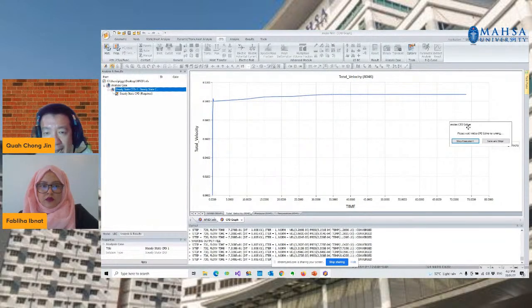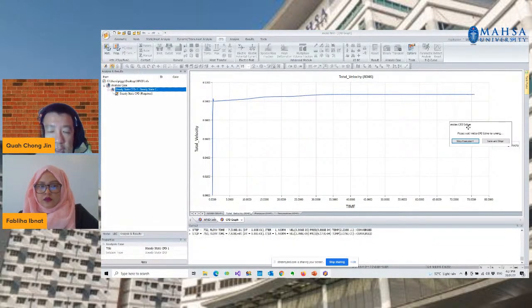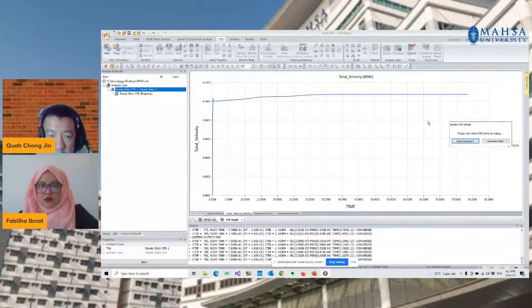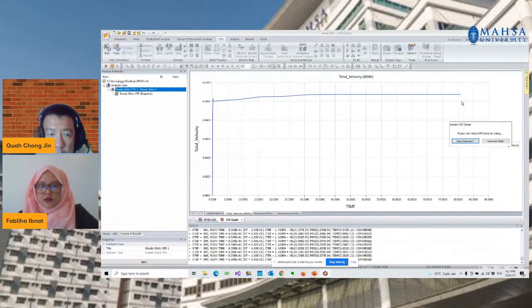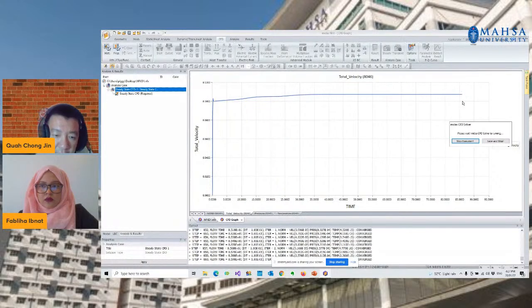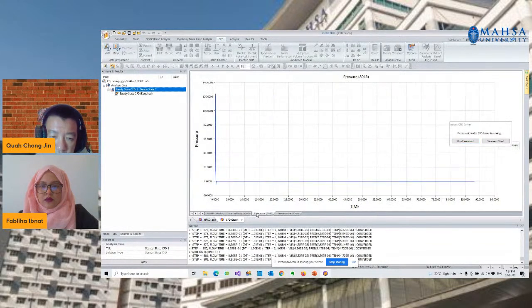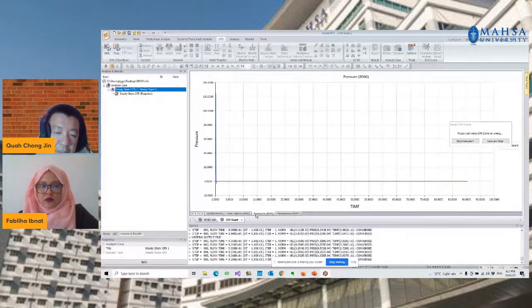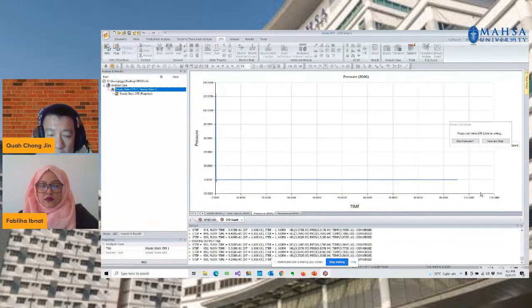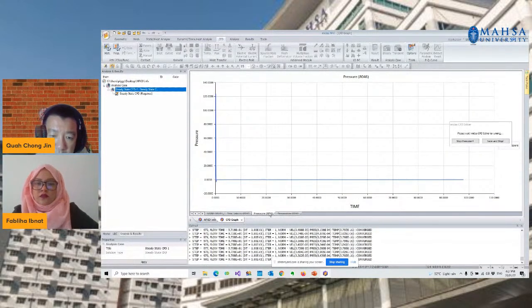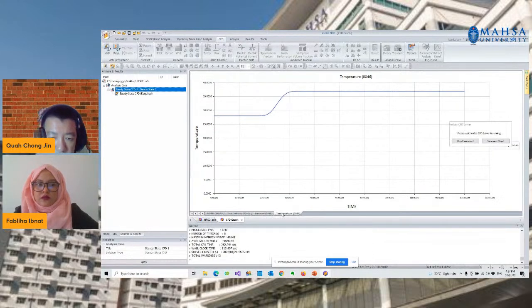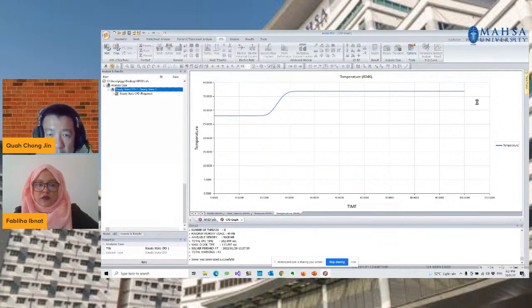Near the outlet, the velocity becomes a straight line, which means a constant velocity has arrived. And let's look at the pressure. At the particular point, the pressure becomes a constant value as well. So it means that the velocity and the pressure are converged, and the temperature is converged as well.